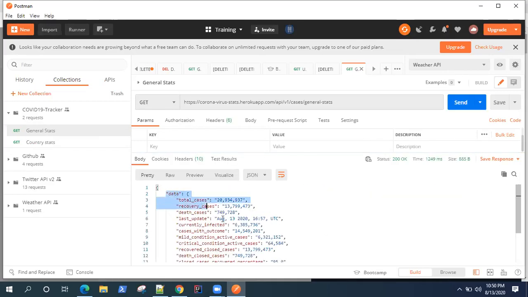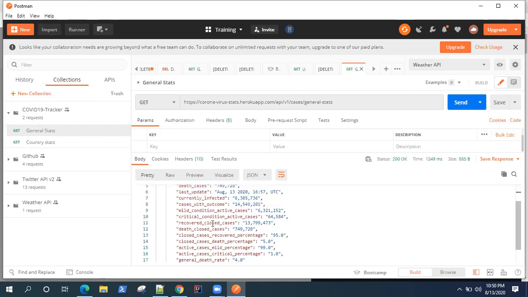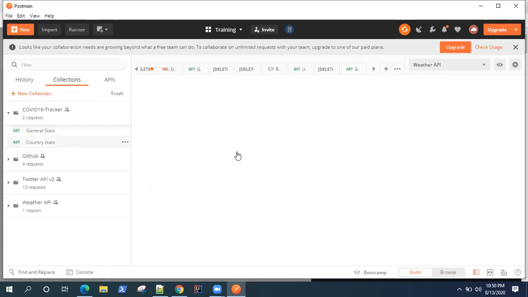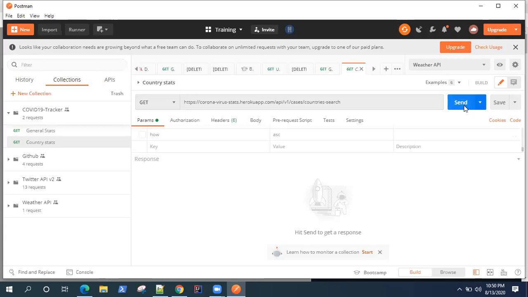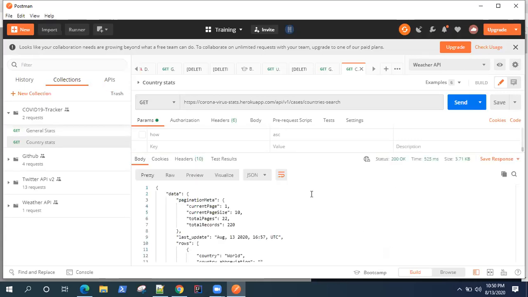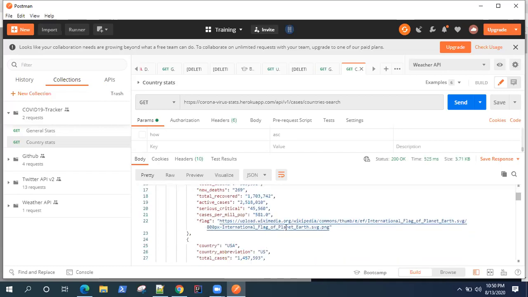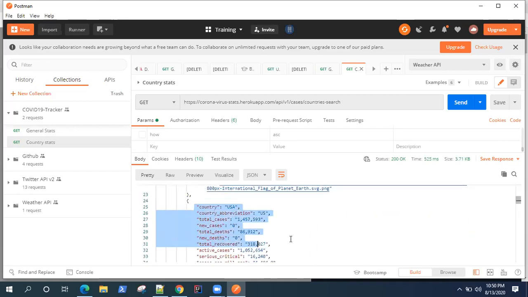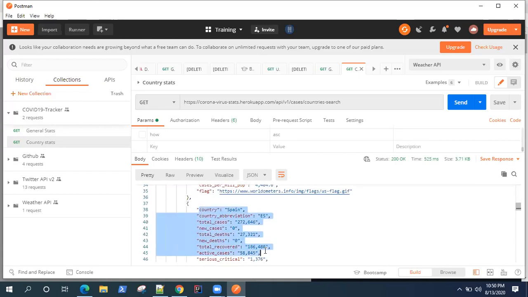And it gives us the response in the form of data, right? So how many COVID cases are present around the world, and all the other information, right? Similarly, you can also pull out the country stats. So it will return you all the different countries' statistics regarding the COVID API. So that's one of the interesting APIs, right? I wanted to work on it. So that's how you can easily import a template and start working on it, right?